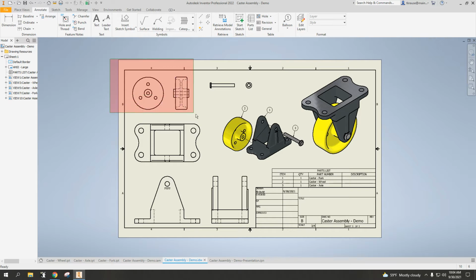On it, I have a 2-view drawing of the wheel. I have a 2-view drawing of the axle. I have a 3-view drawing of the fork or base, whatever you want to call it, for that particular item. In the top right I have a large view, and it doesn't necessarily have to be this large. It could be smaller, but a 3-dimensional view of the assembly, which we talked about in the previous